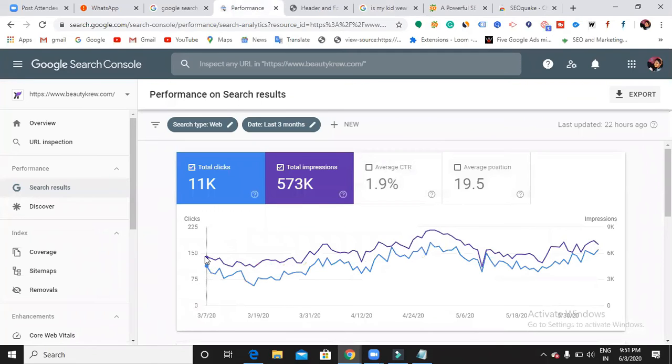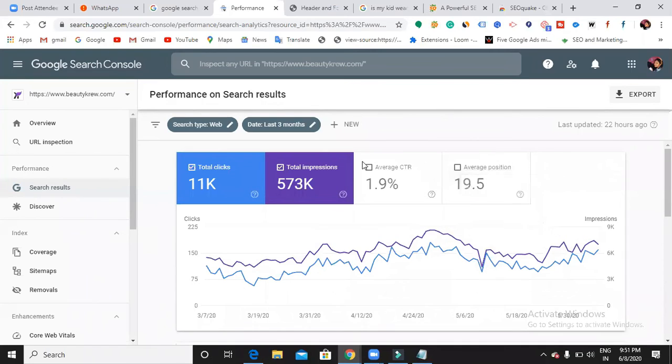So on this particular day, Saturday, March 17, I got 114 clicks out of 5,514 impressions. That means my website appeared 5,000 times and I got 114 clicks. In such a way, it will show you date-wise as well. Saturday, June 6th, clicks 160 and impressions, so that you can recognize on which day it is performing well, on which day I have more clicks and more impressions.